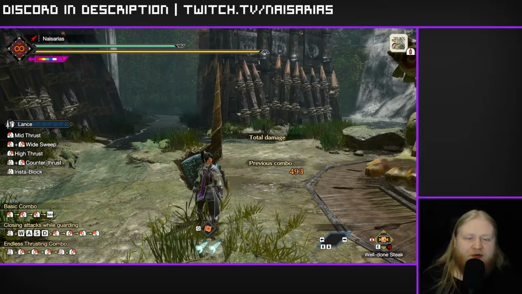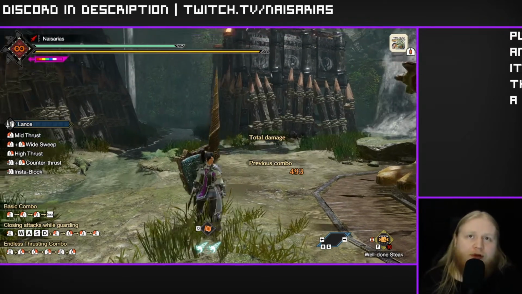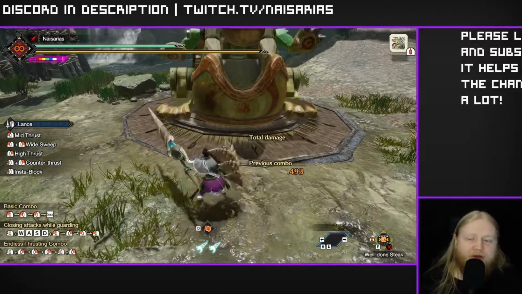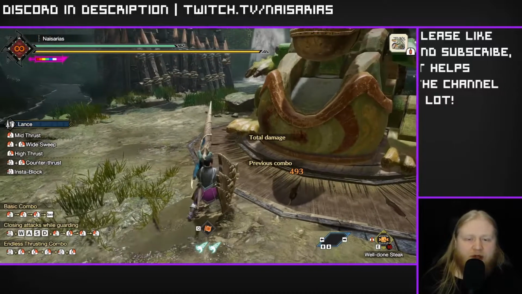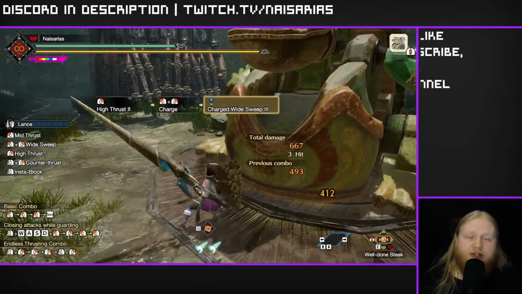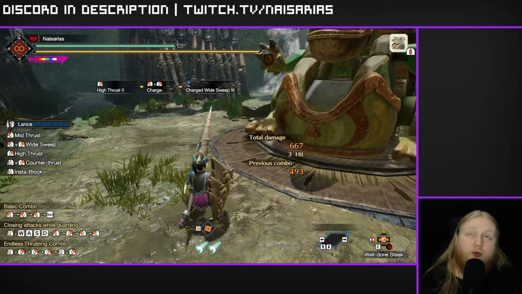So combos. The combos with Lance are basically just a free-form combination of Lance's three basic attack options, right? You can do these in any combo you want, with one exception. Those three options are the mid thrust, the high thrust, and the wide sweep, which can be charged. The only thing to note is that you cannot do two charge sweeps or two wide sweeps in a row,